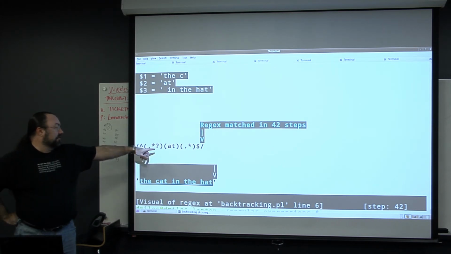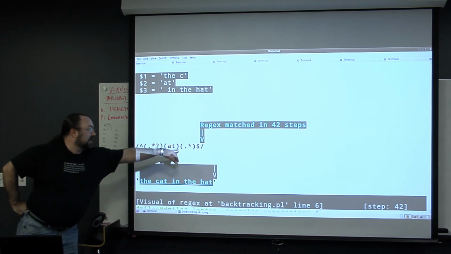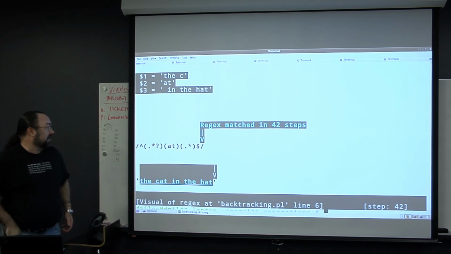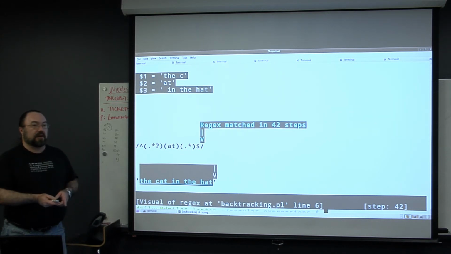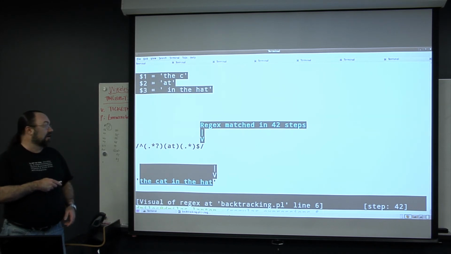Oh, all occurrences of AT, well, first of all, I would lose the anchors, I would lose this and that part. I would lose this anchor, and then I would put a G at the end for global. And then that way, it would go through repeatedly and just find every single A followed by a T that it can find. If I don't care about case, I'd also put an I on there, so you could have a G, I, and it would be case insensitive. So it would grab the word at, like at the beginning of a sentence or something.